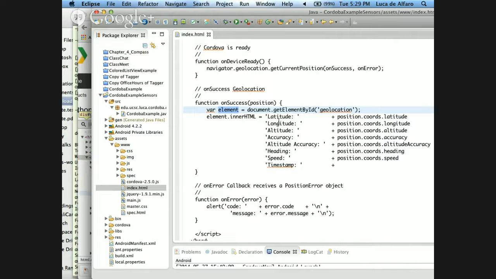And now to give you a quick demo of how this works, let me run it on the phone, which is faster. Let's see if this switch works.